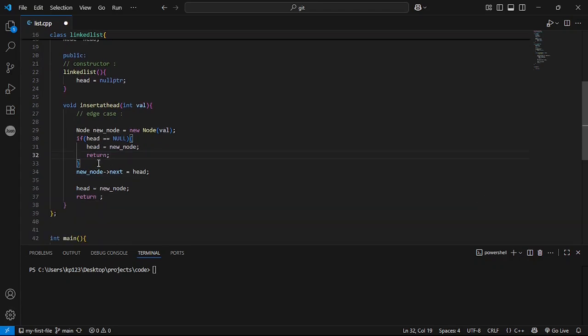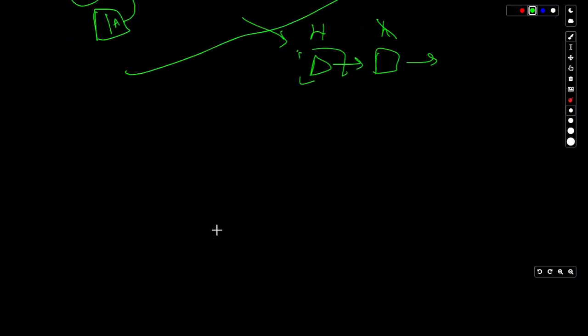Okay, so what I'm trying to do is, if our linked list is empty, let's say the head is pointing towards null, that means the linked list is not created.